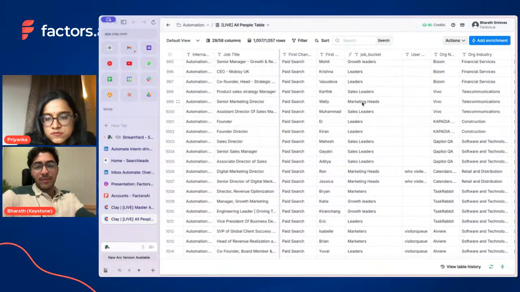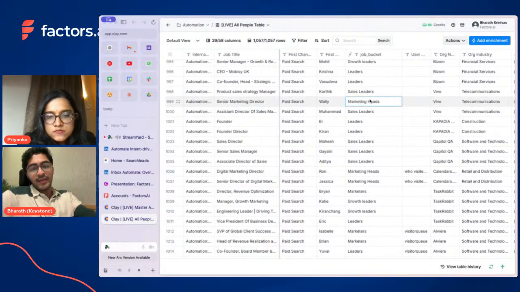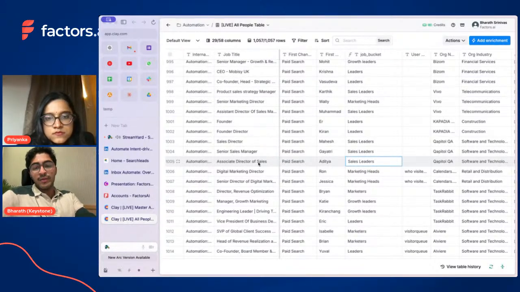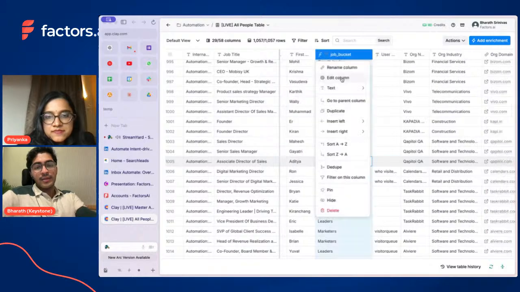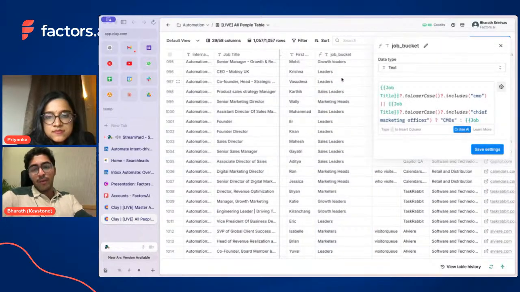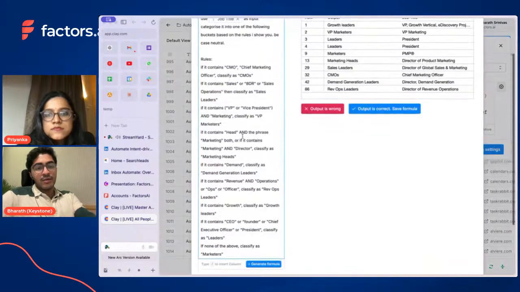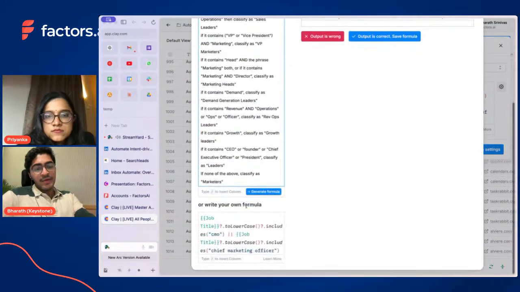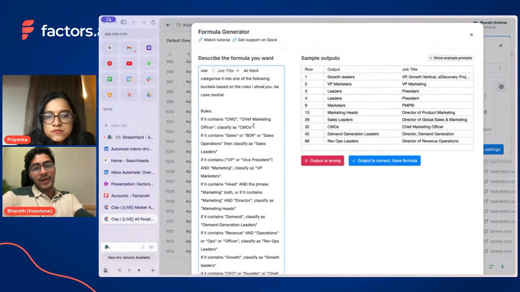This is very useful because you can now say different things knowing that this director of sales could have called their title in many different ways, but you know for sure it's a director of sales. This was built using a Clay formula that looks at the job title string and applies a lot of conditional rules, saying if it contains certain words, then classify it as so on and so forth.